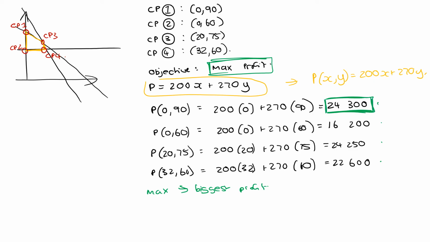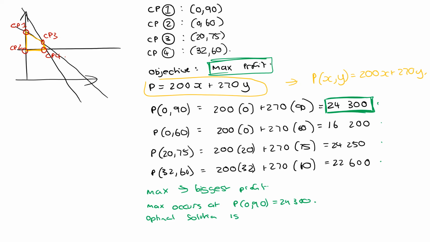So that means the optimal solution of your profit is 24,300, where your basic feasible solution, in other words your decision variables, are going to be 0 and 90. So the optimal solution is where x is equal to 0, y is equal to 90, which gives you a profit of 24,300. Okay, so let's actually write that down. So the max occurs at P(0, 90) equals 24,300, which means the optimal solution